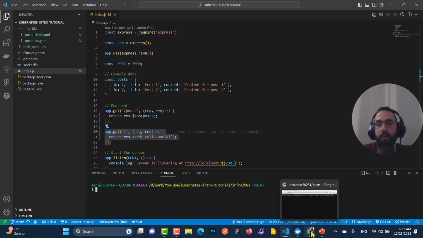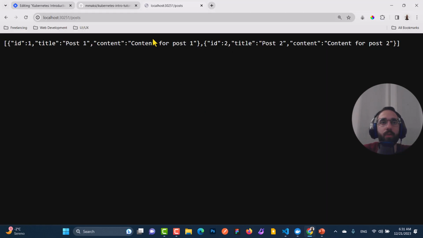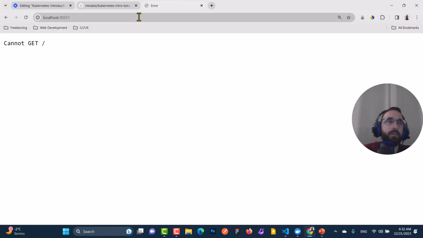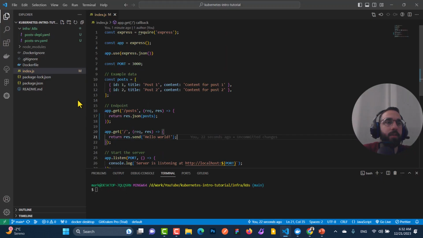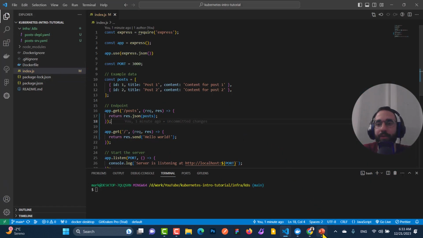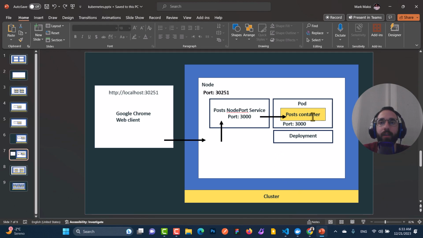So let's go back to the browser /endpoint and see if it's up and running. Okay, it says cannot get /. The reason is because we have made some changes to my code base, but all my changes are made on my local system. It's not made on the container, and if you remember, we are connected to the container, so there is no way, it's not magic, that anything I change in my hard drive will be reflected on the container. We need to rebuild the container from scratch, and after that